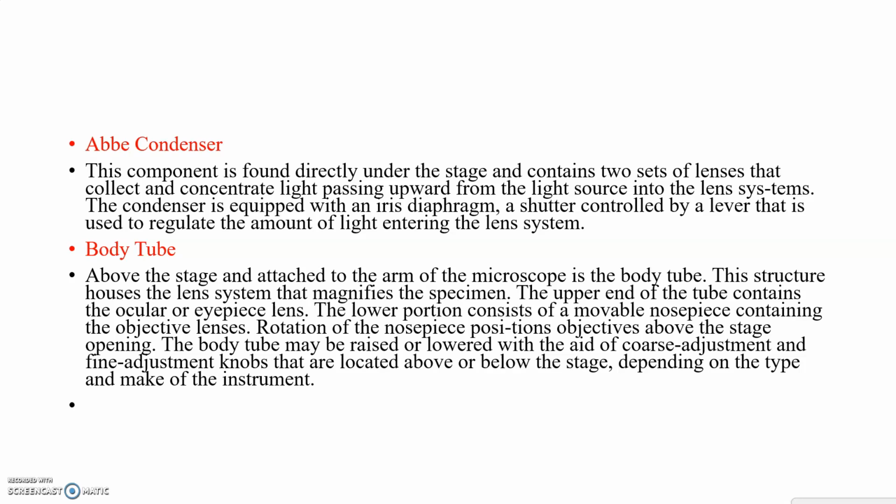Next is the Abbe condenser. This component is found directly under the stage and contains two sets of lenses that collect and concentrate the light passing upward from the light source into the lens system. The condenser is equipped with an iris diaphragm. With the iris diaphragm, we move this lever, we can open and close. There is a shutter controlled by a lever that is used to regulate the amount of light entering the lens system. So we are using this iris